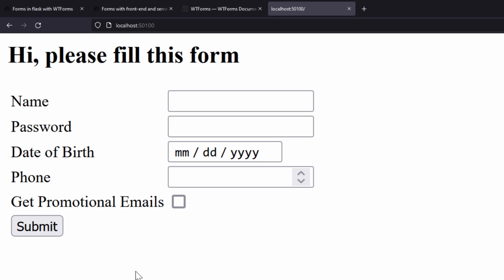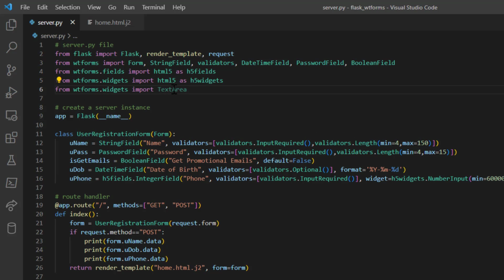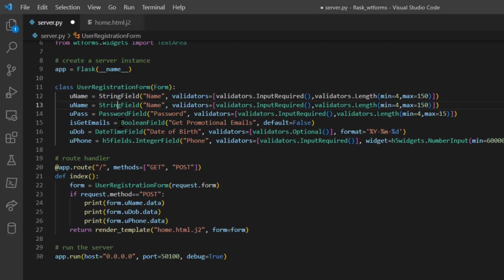Alright, let's try to create another form field where the user can say something about himself. So I want to make it a text area field. So how can I render a text area in WTForms? For that you need an additional widget which is wtforms.widgets.TextArea. So I'm importing the TextArea from wtforms.widgets, and I'm going to create another form field called user about me,